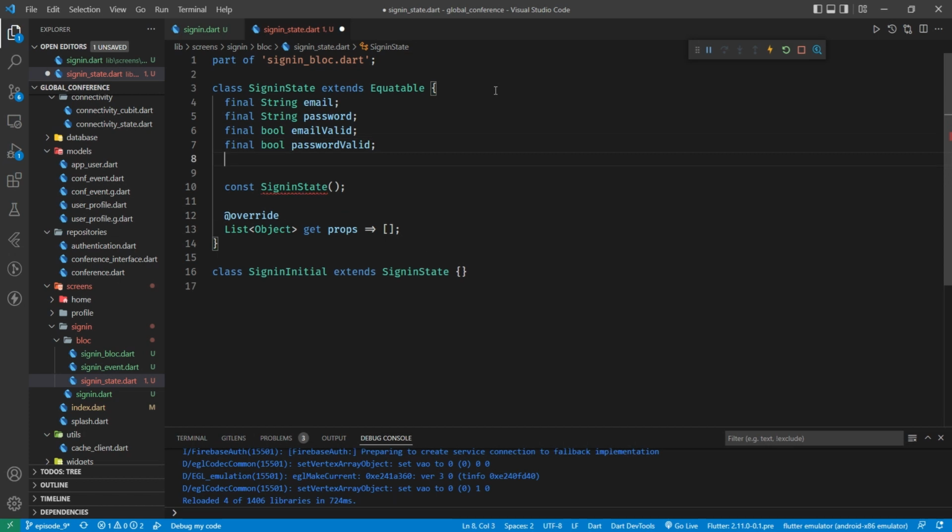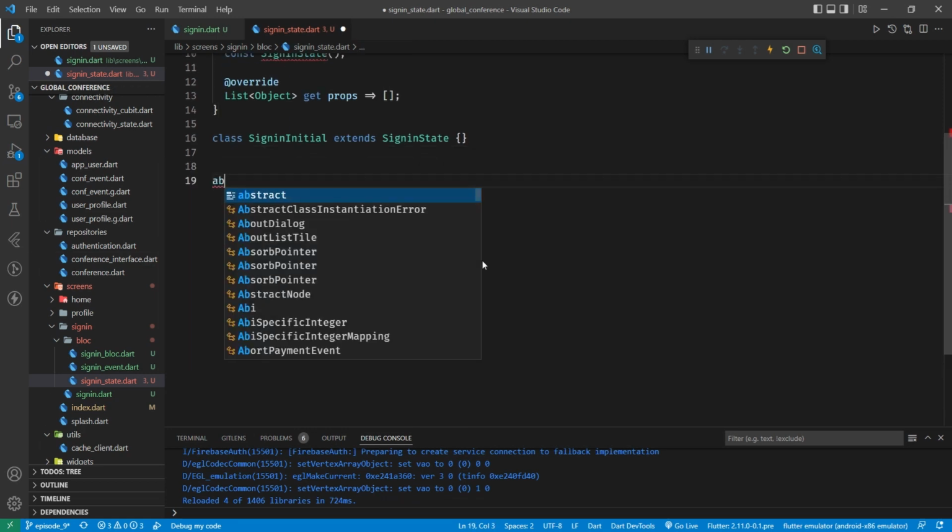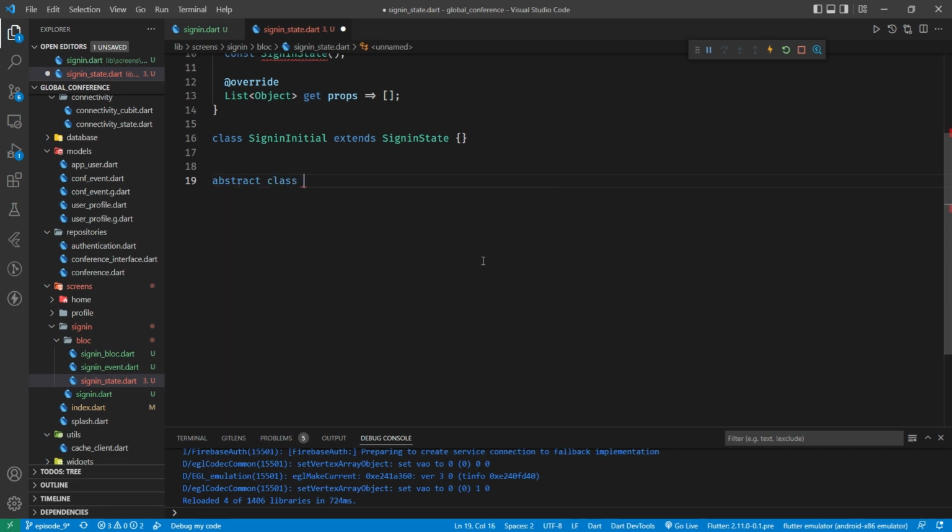And then finally we need something to have the status of the whole form, such as, is it being submitted, have we got an error, and so forth. Now we could do this as an enum, but I'm not going to, because for one of the states, when there's an error, I want to hold some information. So what I'm going to do is I'm going to come to the bottom of this file, and I'm going to create another abstract class called form status. That will have a const constructor,